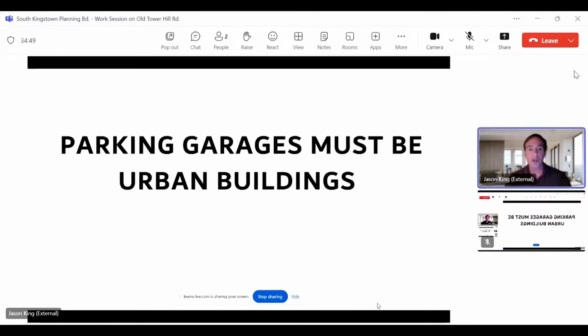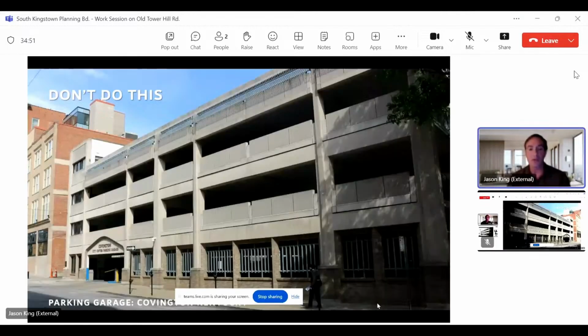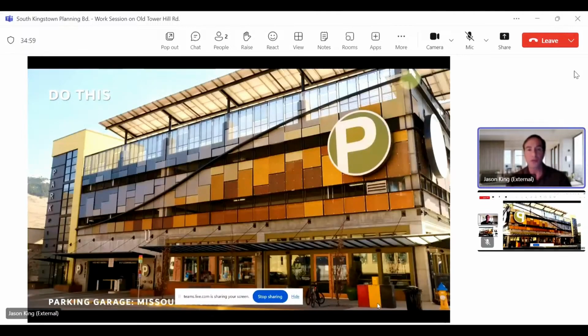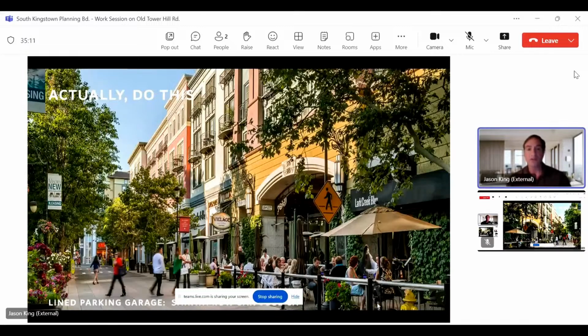Parking garages must be urban buildings, however. When we think of parking garages, we tend to picture this kind of thing. Covington, Kentucky, and our form-based code in Missoula, Montana, require that there be shop fronts along the corner of the major intersection. But ideally, this wasn't us, but I love this parking garage in San Jose, California.